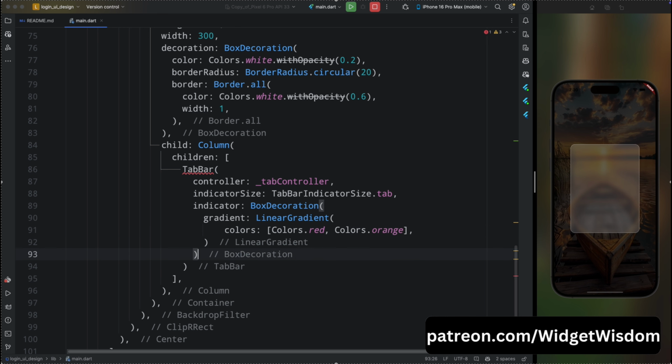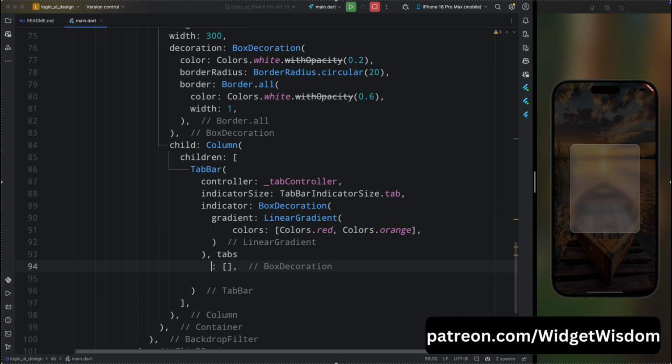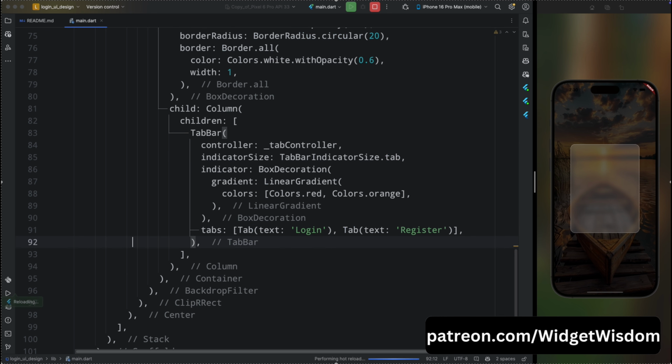Then let's add the required property of the TabBar, which is tabs. So here we need to add the tabs. First tab is for login, so add the Tab widget, then text as Login. Now copy this and add the same for Register. Okay, now save the code and run the application. Then you can see our tab bar is visible perfectly, and when we switch between login and register,